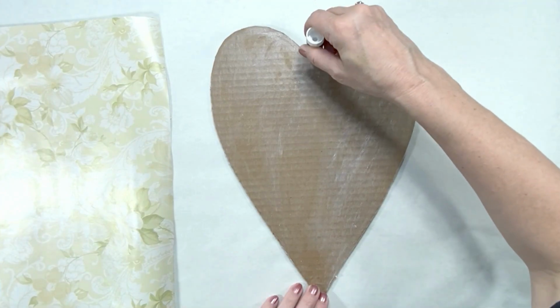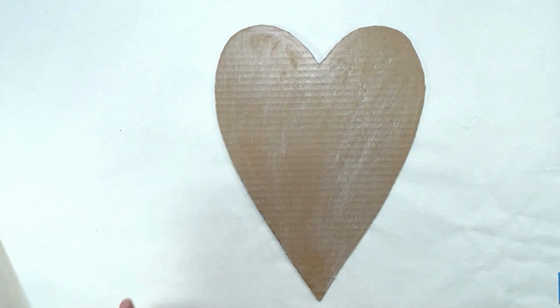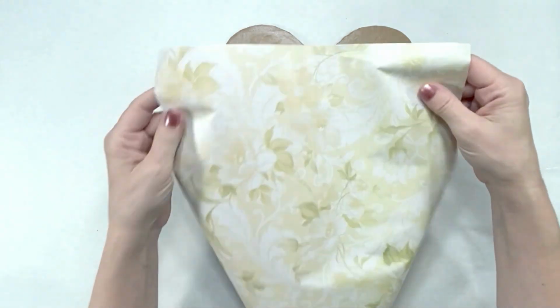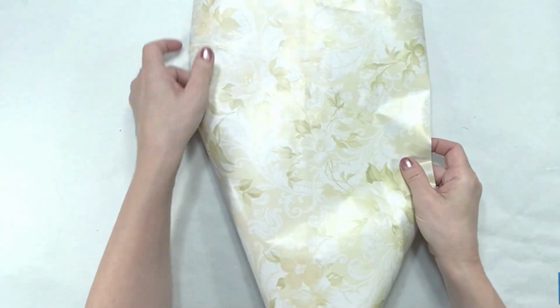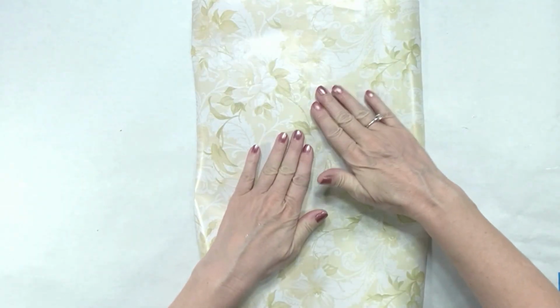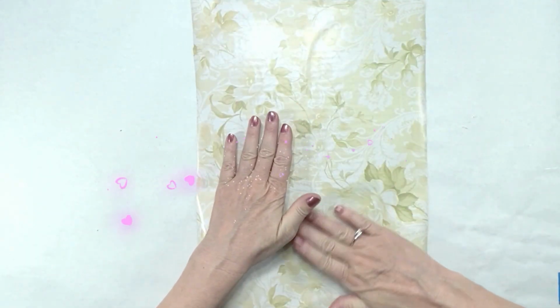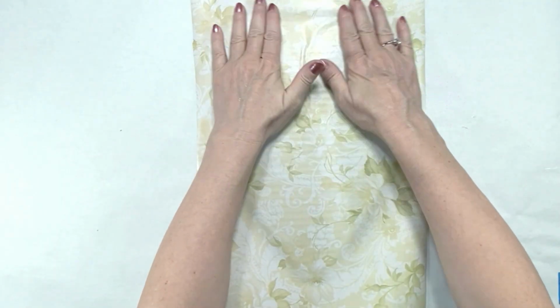You can use any glue stick you want, but I am working with wrapping paper, and wrapping paper does have a tendency to crinkle a lot. So you really want to go with your driest choice of glue to avoid any kind of buckling or wrinkling in your final results. So I'm just pressing it down now, and I'm also going to press sideways to make